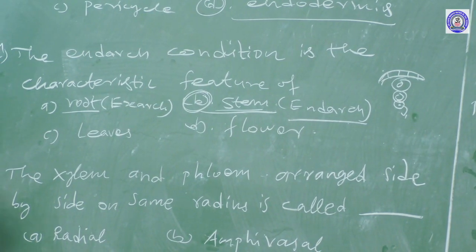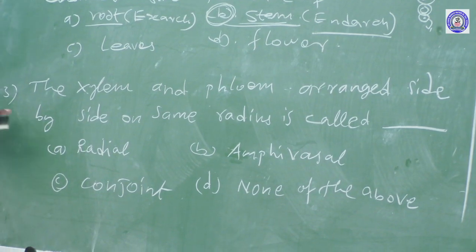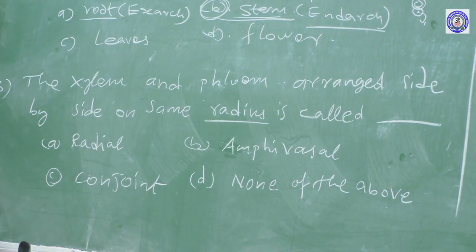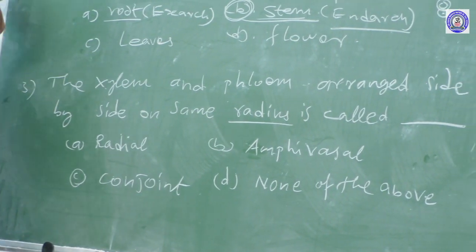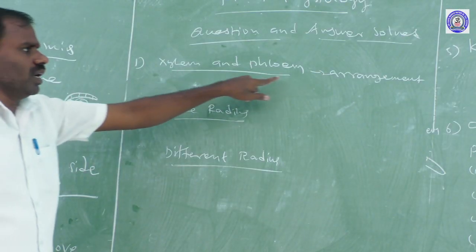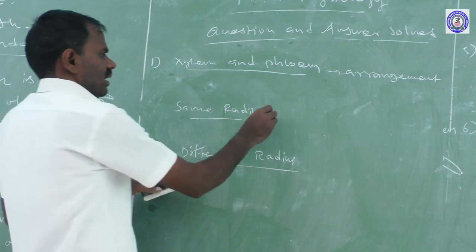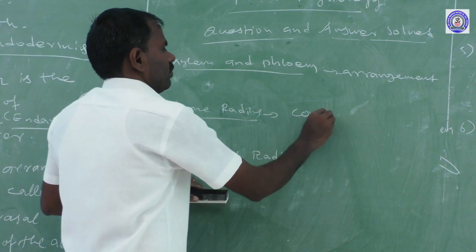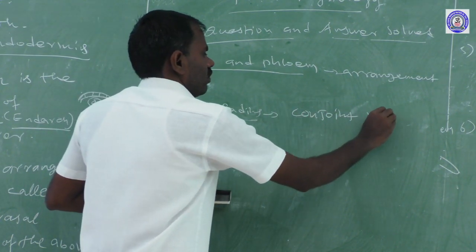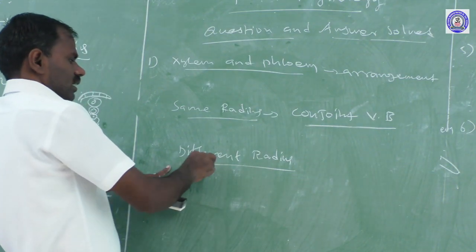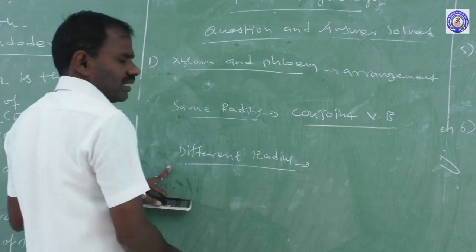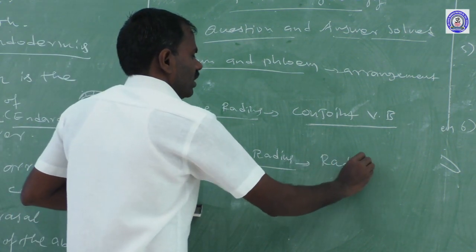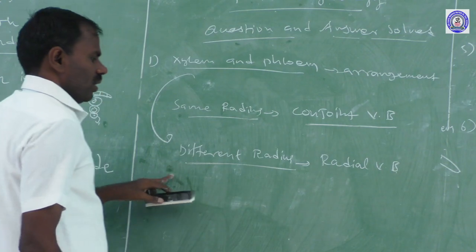The next question: the xylem and the phloem are arranged side by side on the same radius. What is that called? When the xylem and the phloem are arranged on the same radius, that is called conjoint vascular bundles. When the xylem and phloem are arranged on different radii, that is called radial vascular bundles. For example,